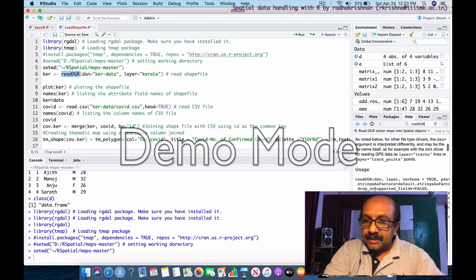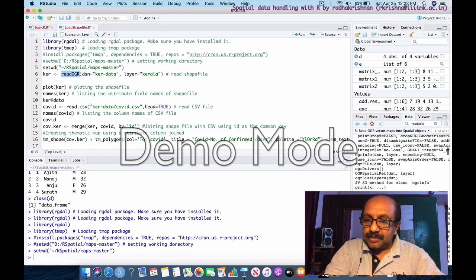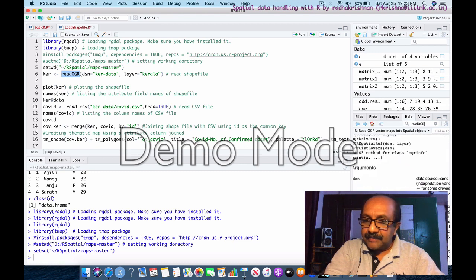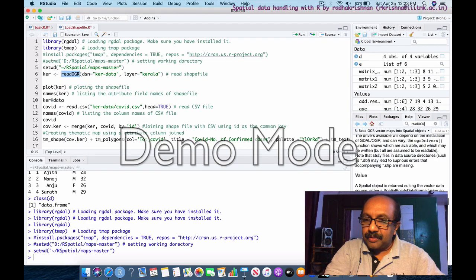Then you can see the description, what is the usage, what are the parameters. Some of the parameters are mandatory, some of the parameters are optional. So that explanation is given, and there will even be an example of how they have used it.